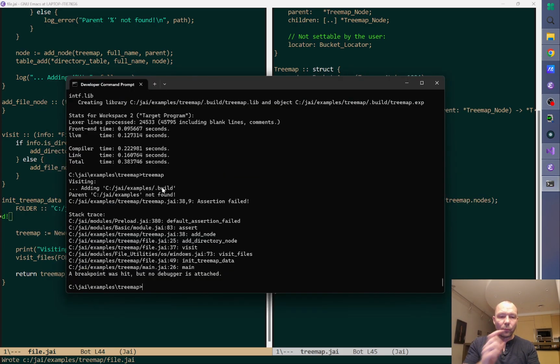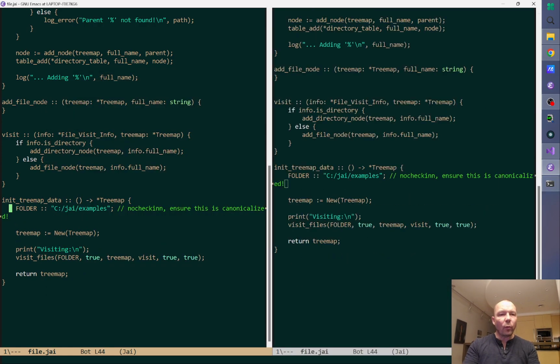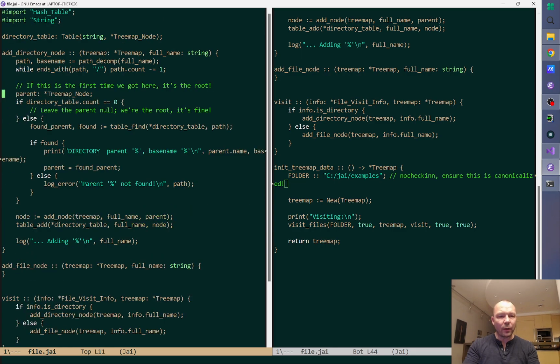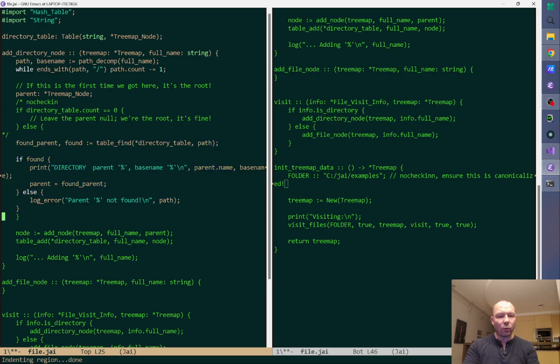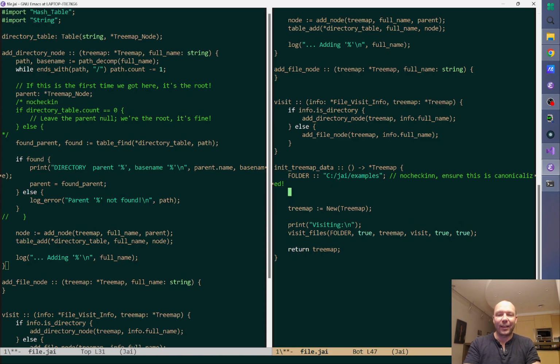Now, what we're going to do, because the file visit doesn't give you the initial directory. Maybe it should, but it doesn't right now. So we want to do this, which means we don't need any of this stuff, because we're always going to have a root. But Windows is case insensitive, so we want to make sure that this matches what file visit is going to give us for subsequent things. Okay, anyway,